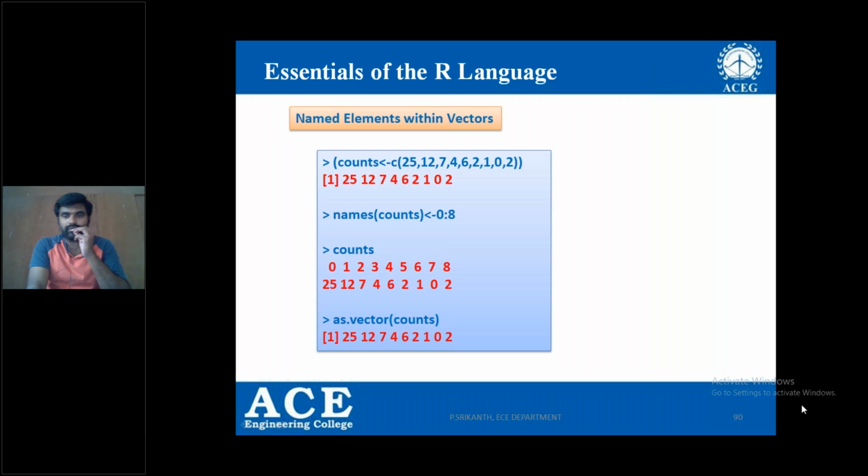Yes, can we use 10 to 22 2? You cannot use it. In fact, in MATLAB also it throws an error. 10 to 20, the default increment is 1, and you are making the default increment 2 in MATLAB by giving the code like 10 colon 2 colon 20. But in the R language, you cannot use such notation for defining the vector, right?